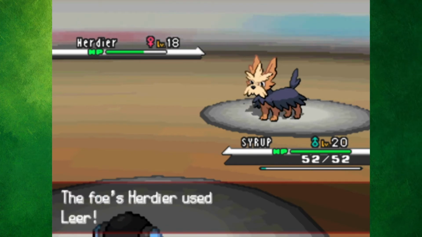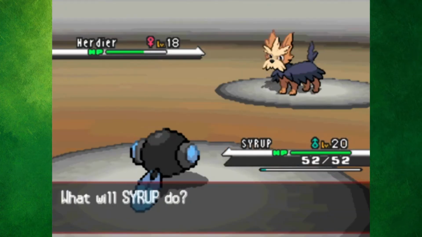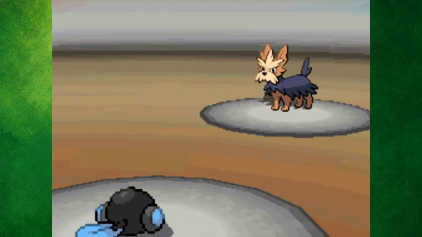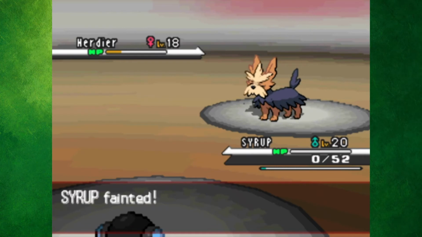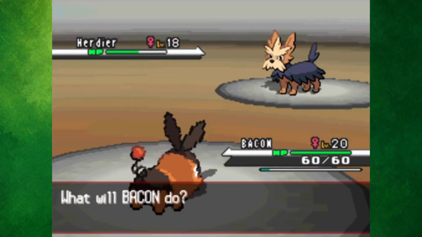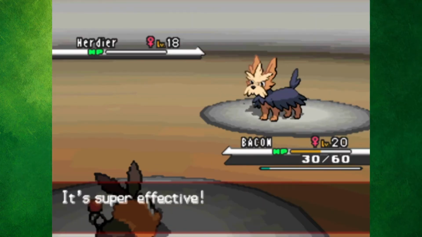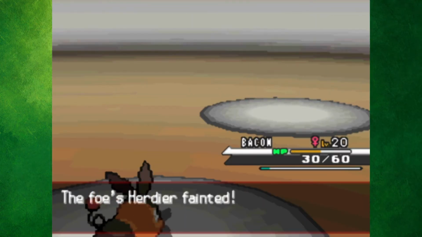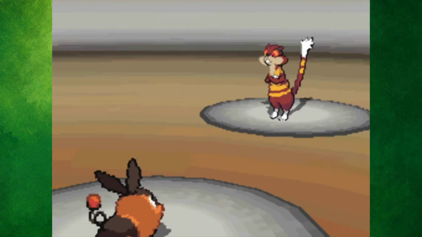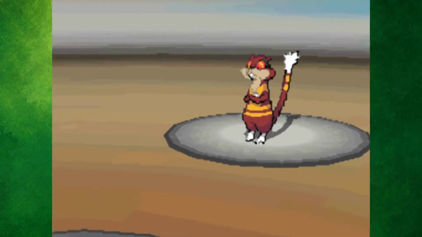I started by confusing Herdier with a Supersonic, and then spamming Bubble Beam. Tympole did some great damage, before eventually dying. I went over to Tepig, who already got put in the yellow from a Take Down, before killing Herdier with a Rock Smash. I was 100% sure that Watchog would finish me off, but I had a Chesto Berry to recover